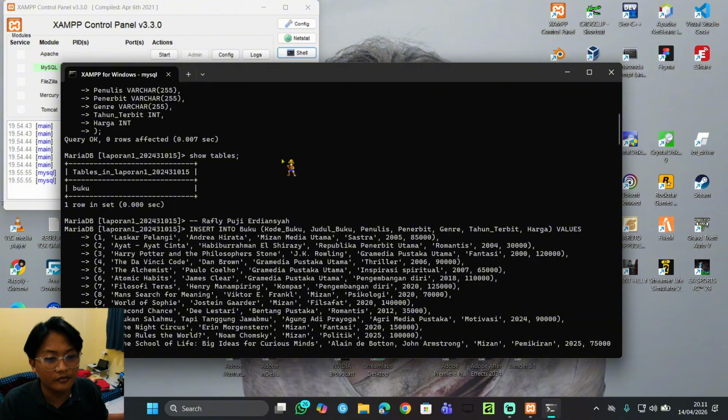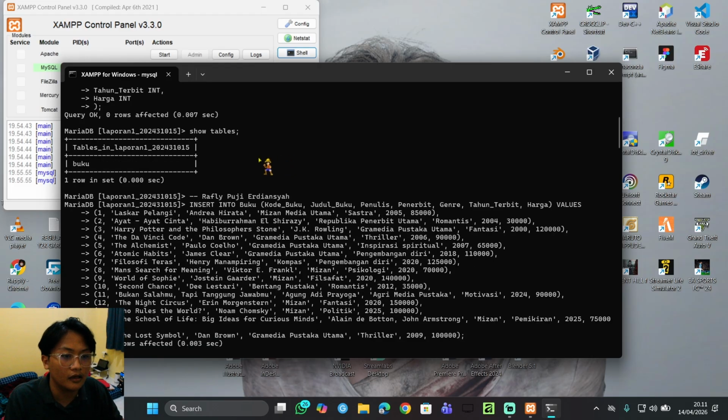After we create the table, we can verify that it was successfully created by show tables, and then we can see here our table is successfully created.